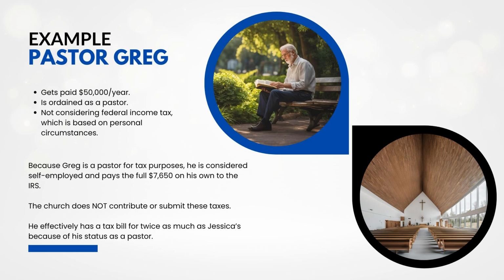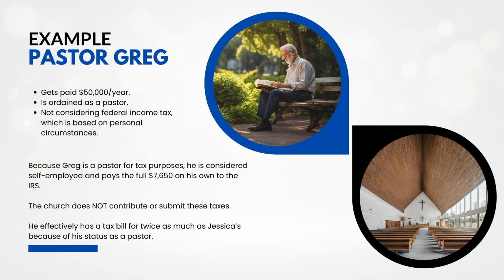Pastor Greg also works at a church and gets paid $50,000 per year as a salary. But because he is ordained, he is considered self-employed for purposes of Social Security and Medicare, or SECA, taxes. The church is not allowed to contribute to his Social Security and Medicare taxes, so Pastor Greg is responsible to ensure the full $7,650 owed is paid to the IRS on his own. This difference is something you'll need to plan for as a pastor, since the self-employment tax can significantly impact your